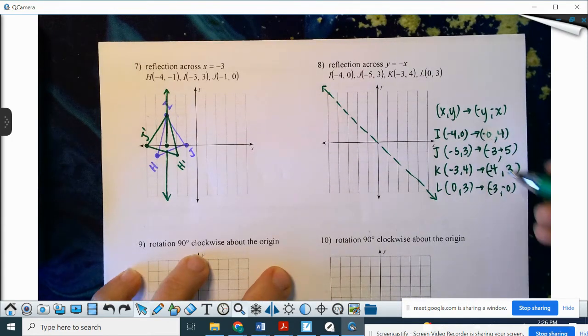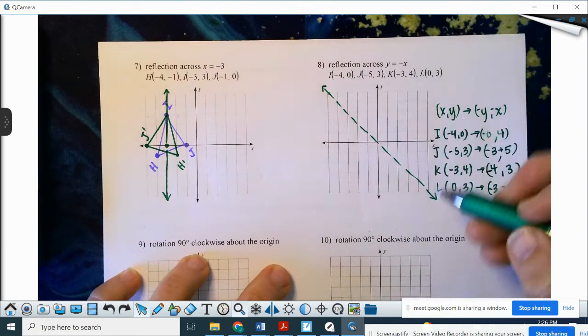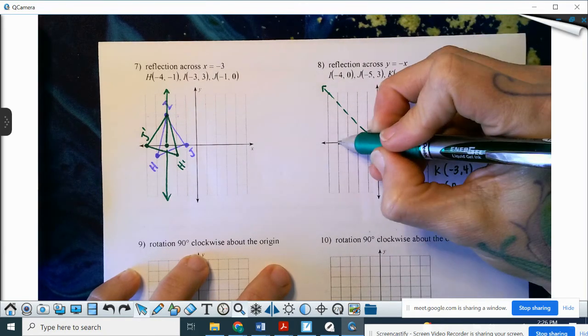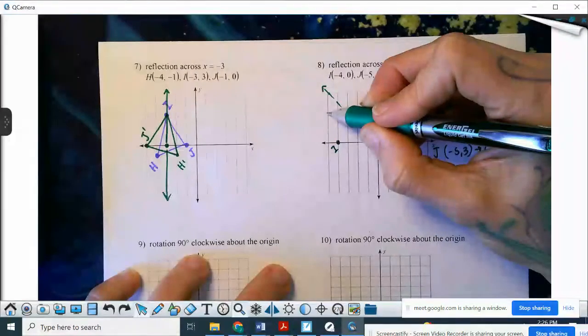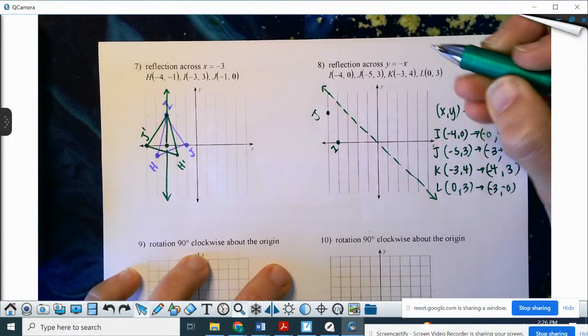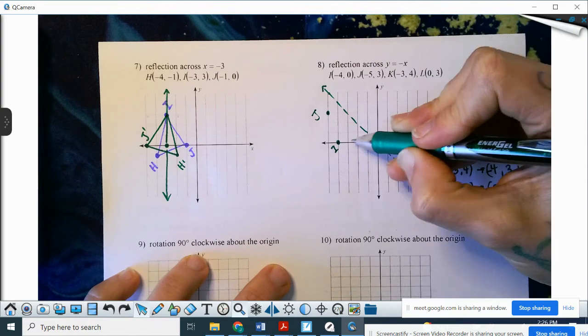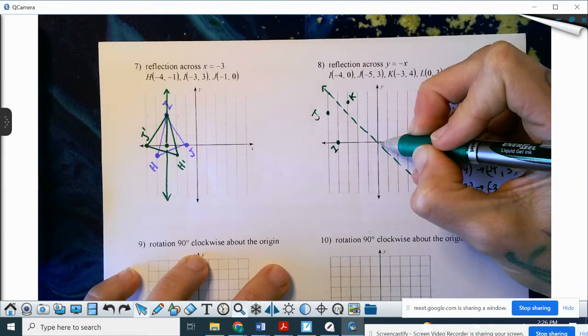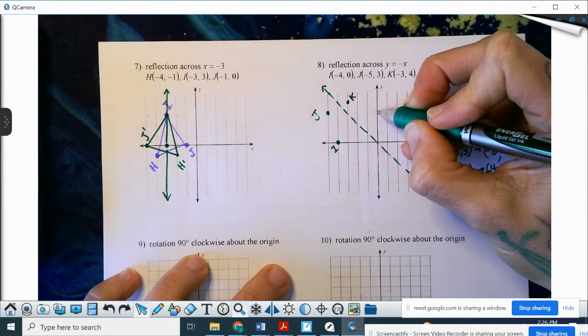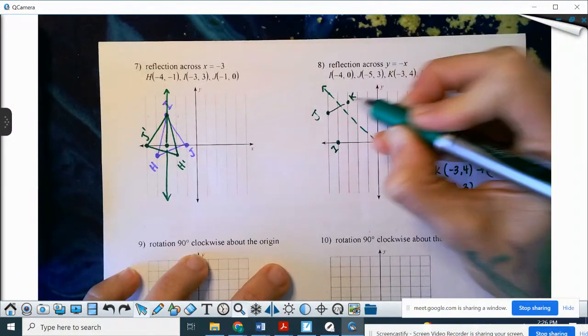And this is what it would look like also visually. So if I went to negative 4, 0, that's I. J is negative 5, 3. K is negative 3, 4. And L is 0, positive 3. So for our first initial shape,